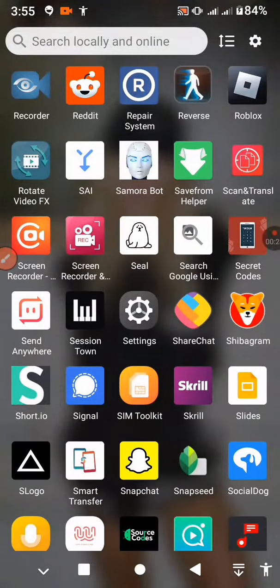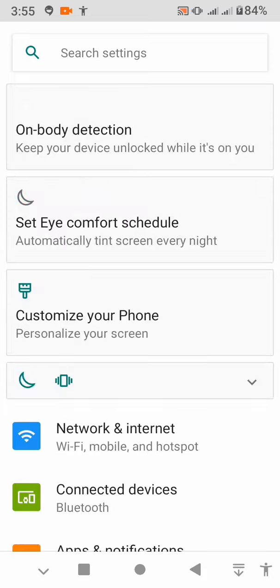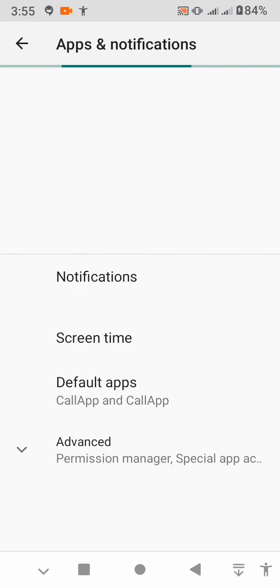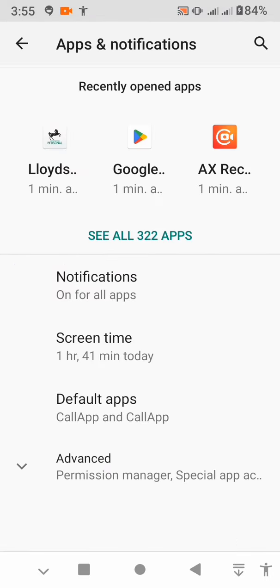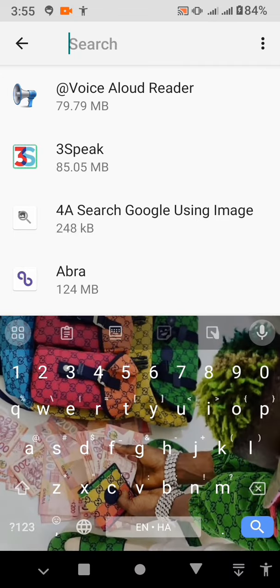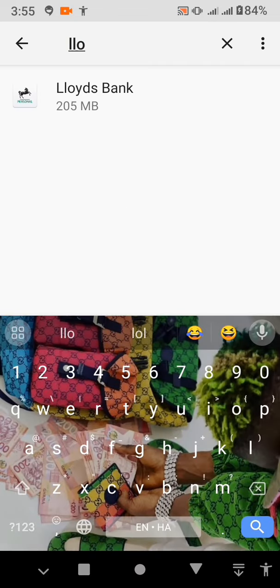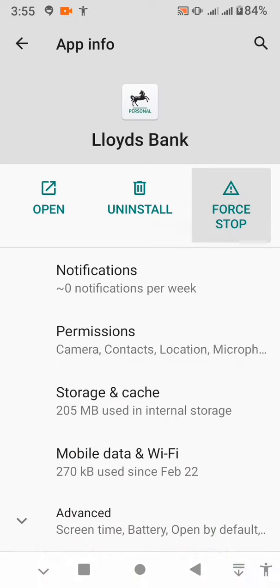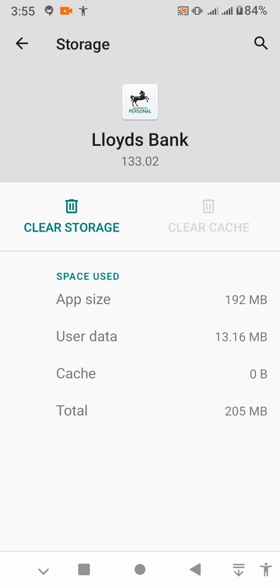When you find your phone settings, just tap on your phone settings, tap on apps and notifications, tap on see your apps, tap on the search apps at the top, then try to search for the name of the app. So tap on it. Now tap on force stop, then tap on OK, tap on storage and cache, tap on clear cache, go back